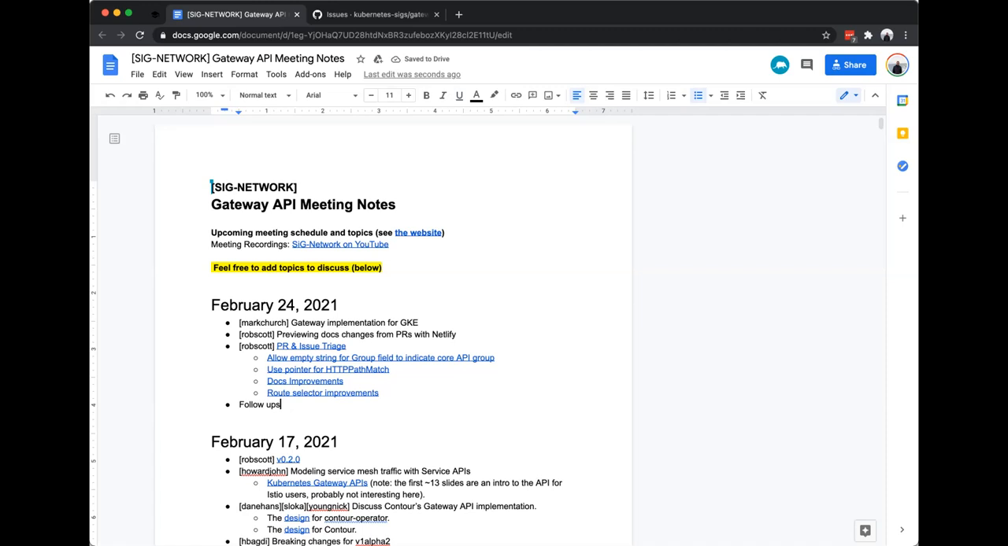Okay, cool. All I had left, oh yeah, I did add a little note here for previewing changes with Netlify. A lot of reviewers are on this call, and it's a little bit less obvious now. So basically, before, if there was a docs change,